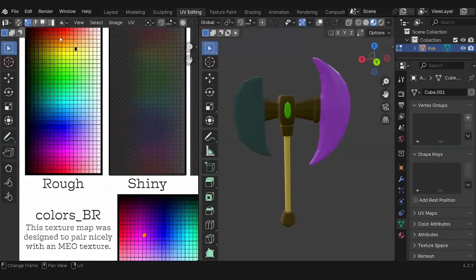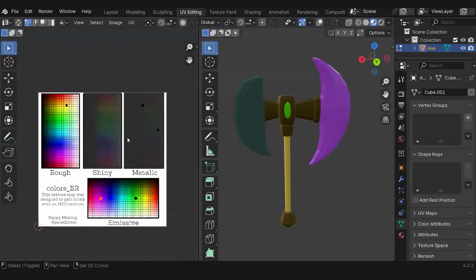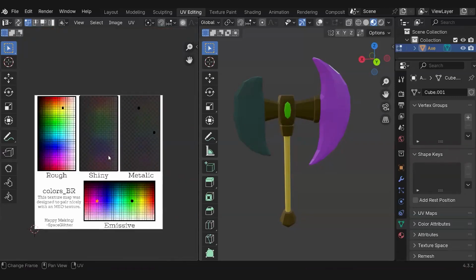This side is basically like a very dull surface, rough. And then we have the shiny. The reason why you don't see it here is mainly because the transparency gives it the extra shine. Hold on a second. The transparency gives it the extra shine, and also with the metallic as well.